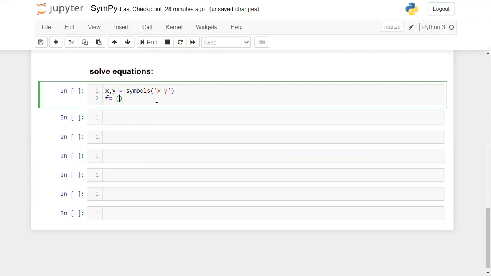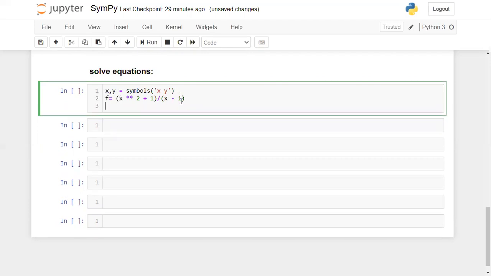On this function, I want to substitute one value for variable x and find out the value. I'm just taking these examples for understanding purpose. So x square plus 1 by x minus 1 is my function. I want to substitute one value for this variable x.